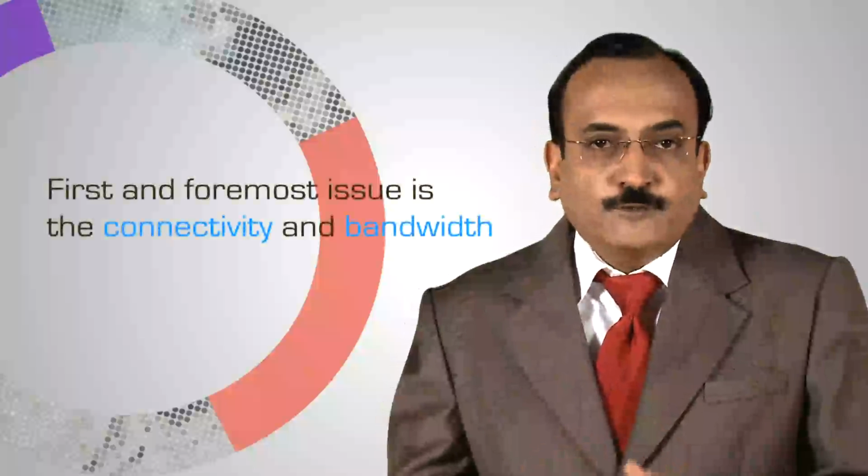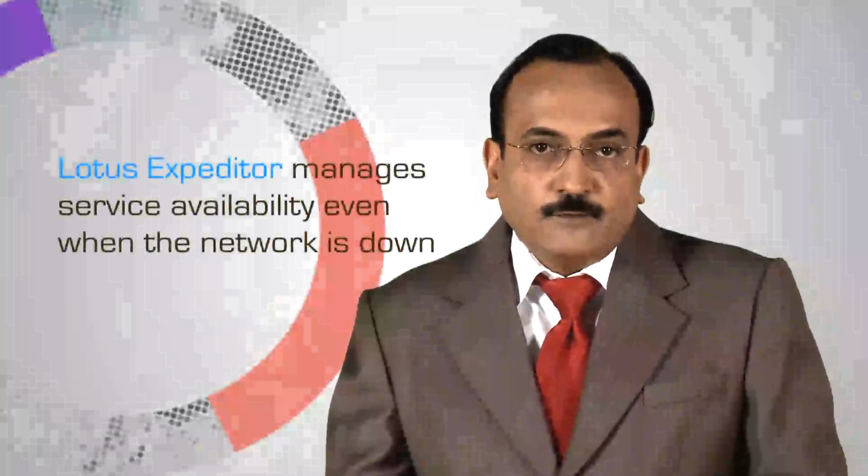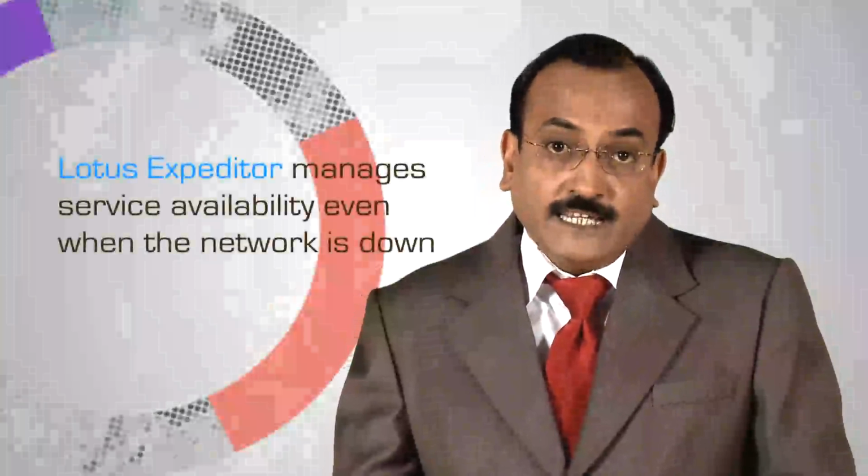First and foremost issue still happens to be the connectivity and the bandwidth. Blackouts and brownouts on the network are a daily or perhaps hourly affair in rural India. We didn't want to send back the citizen because of these conditions. We used a robust offline platform from IBM, the LowRes Expediter, to manage service availability even when the network is down. This store and forward technology works seamlessly when you are offline or online and syncs the data in a